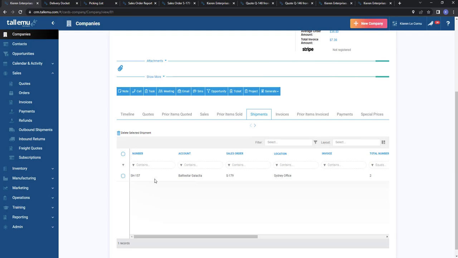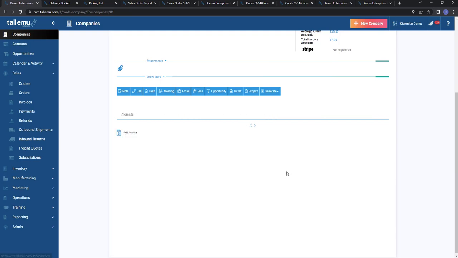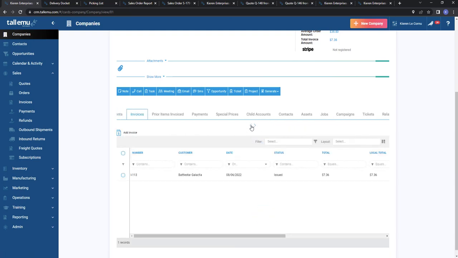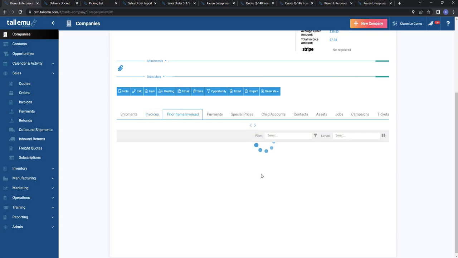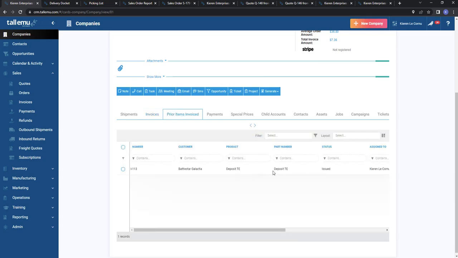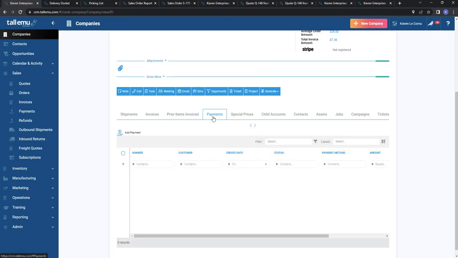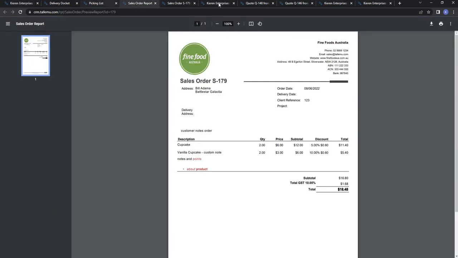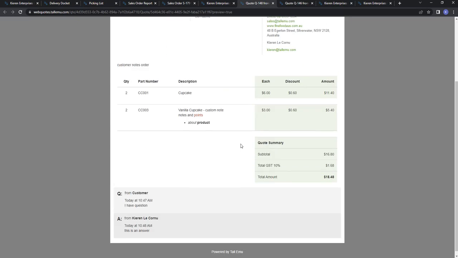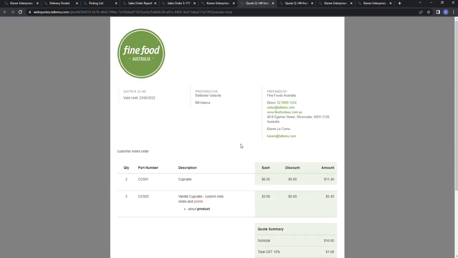We can also see the shipment that's been generated. We can also see the invoice for the customer, the items that were on the invoice. So that's basically the deposit I was taking. And then when the customer makes a payment, that will show here. So taking a payment can happen a couple of different ways. So when the customer accepts their order online, what they can do is basically be taken straight through to a